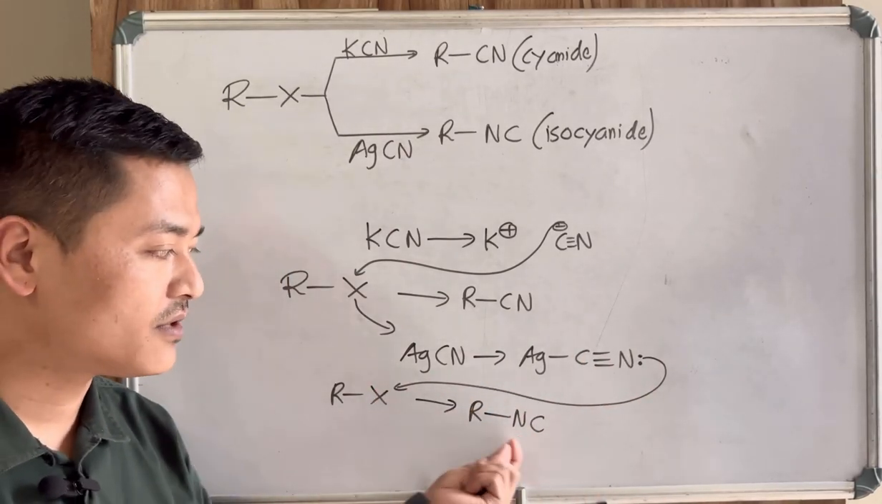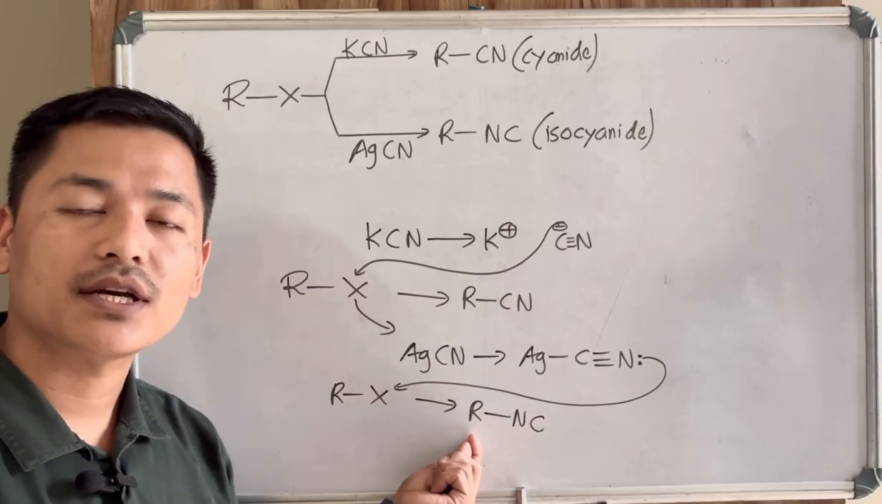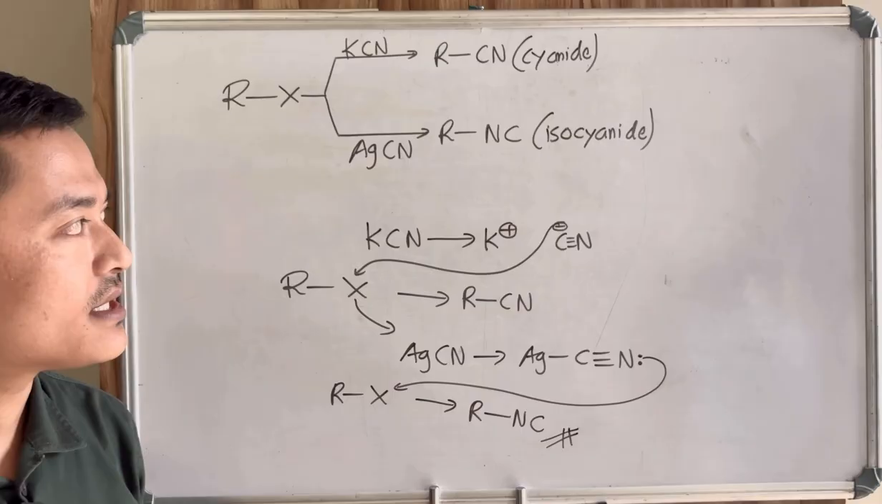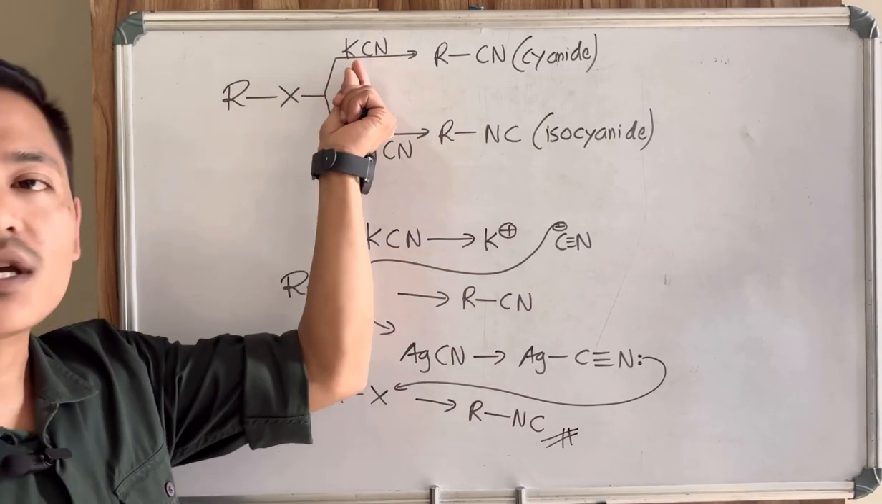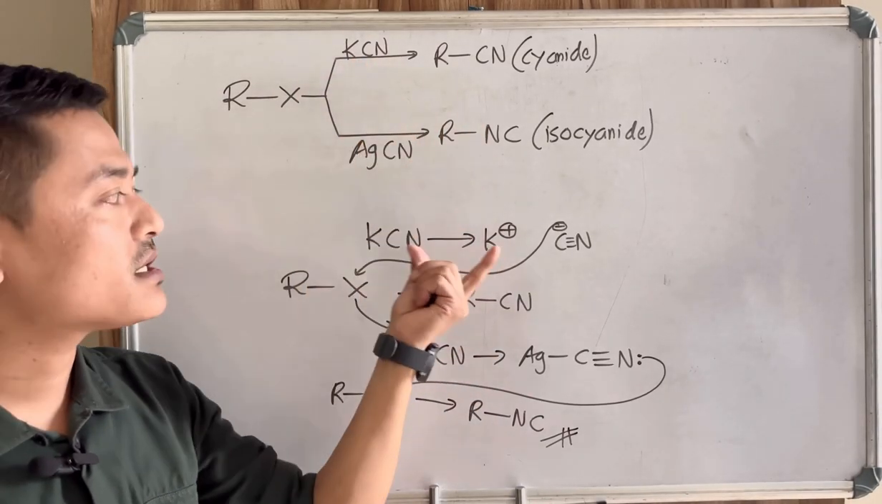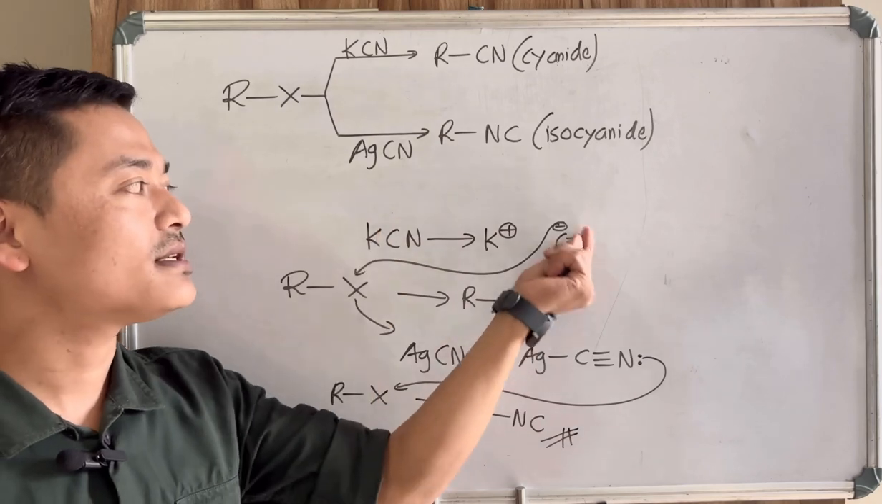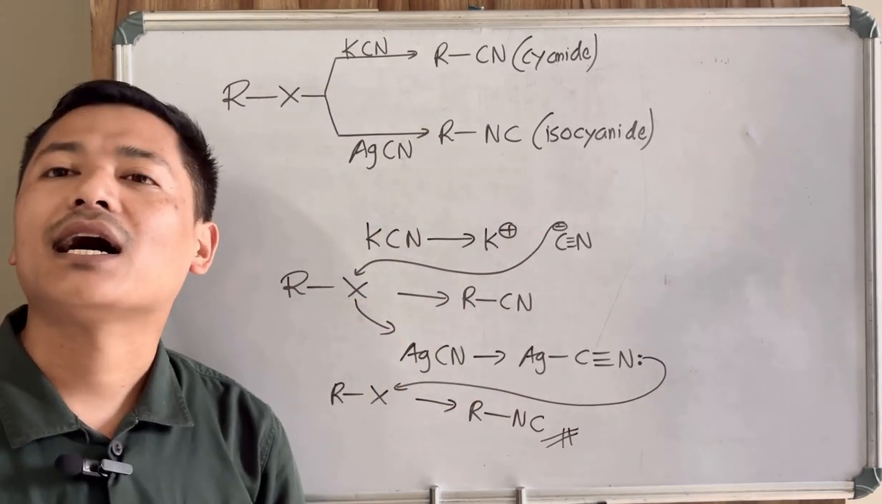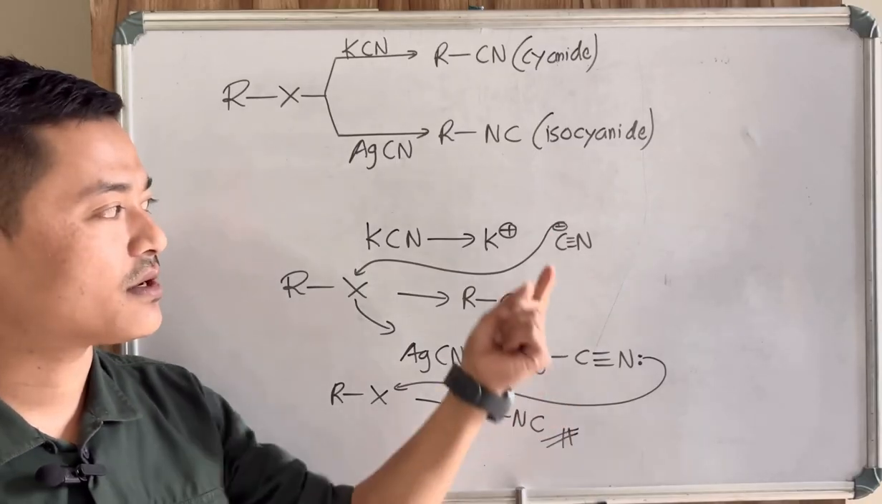That is why the bond will be formed from the nitrogen end itself, giving rise to this isocyanide product, RNC. So over here, if KCN is used, KCN is an ionic compound, that is why CN minus will easily displace halogen, that is why it will give rise to RCN, that is a cyanide product, because the carbon end is